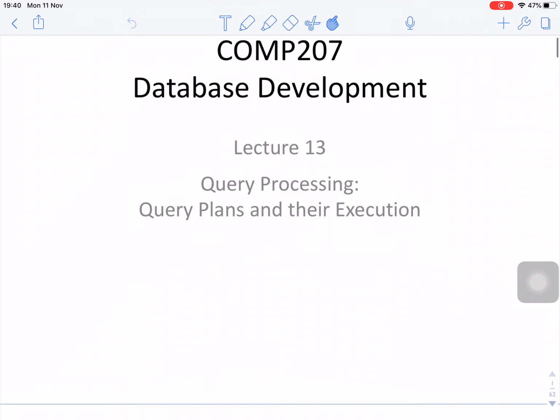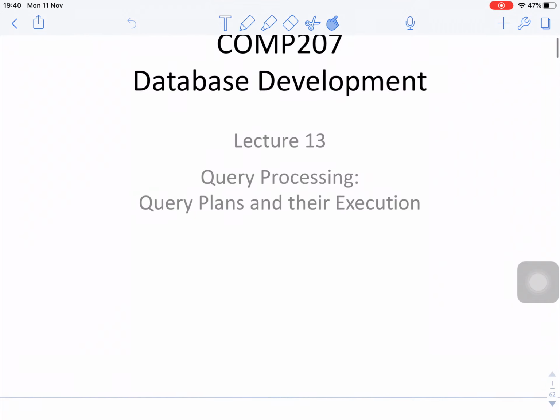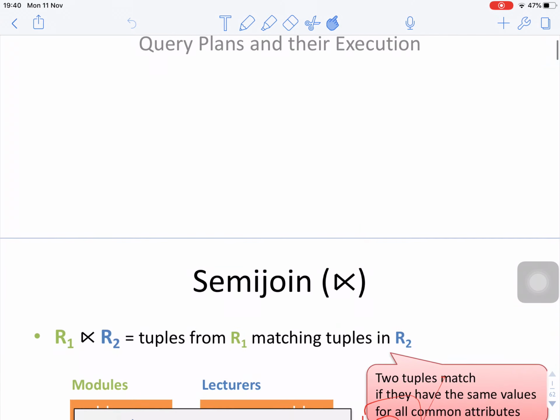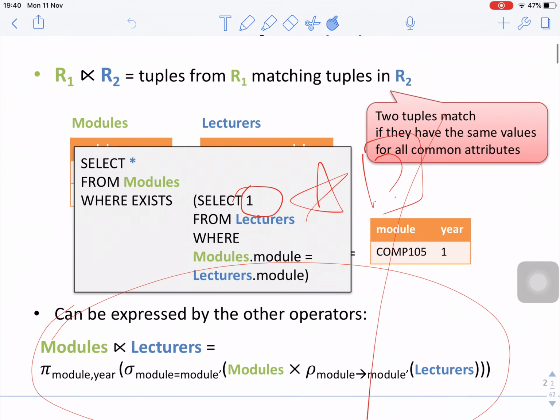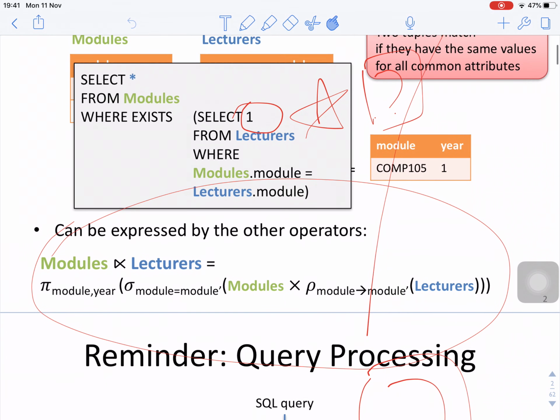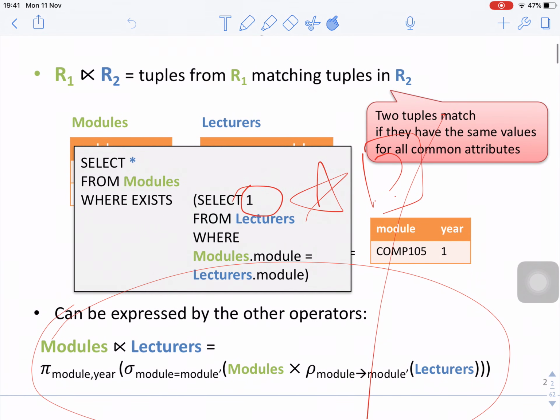So today we are going to talk about database development, lecture 13: the query processing, the query plan, and the execution. So the semi-join, where R1 semi-join R2, where we take the tuples from R1 matching the tuples from R2, can be expressed by the following operator, where the module's